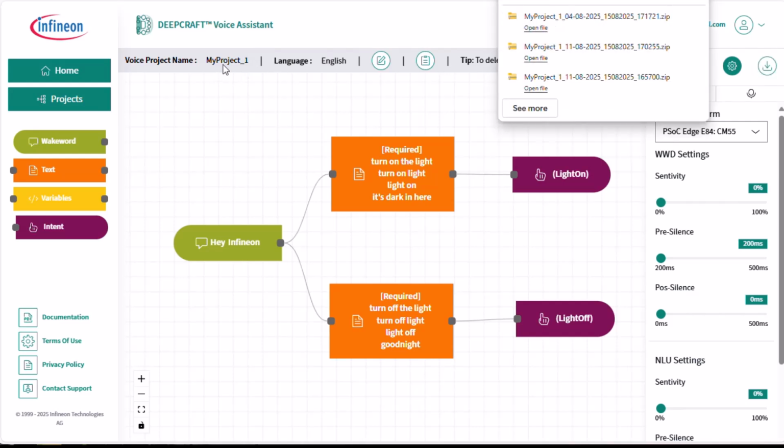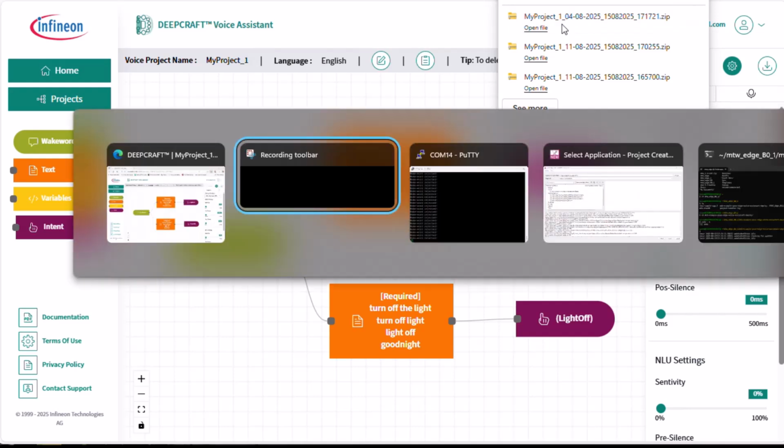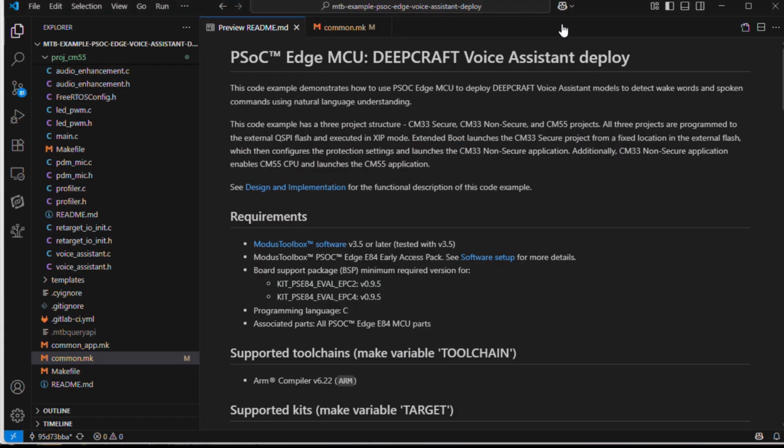This is called my project _1. That's the name of the project. It will download it for me, and then I just want to extract it into my code example directory where my code example has been deployed. And if we look at my code example here in VS Code,